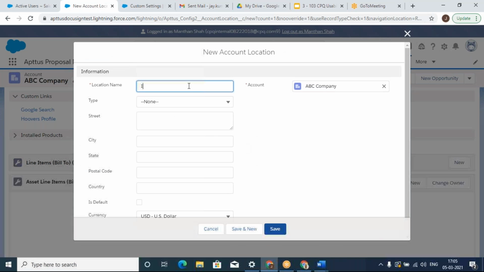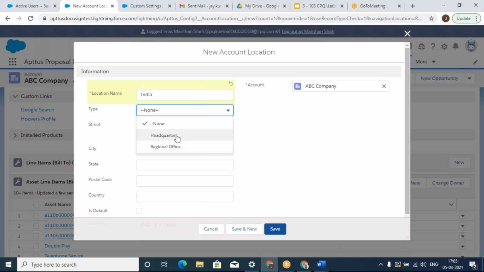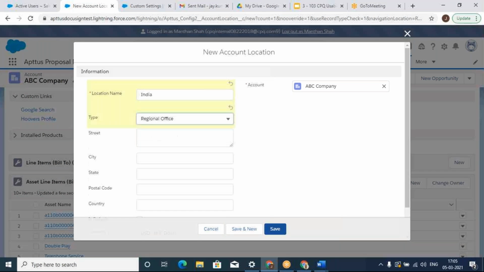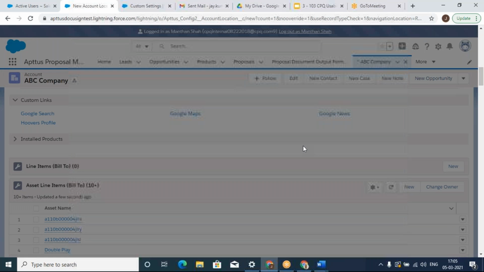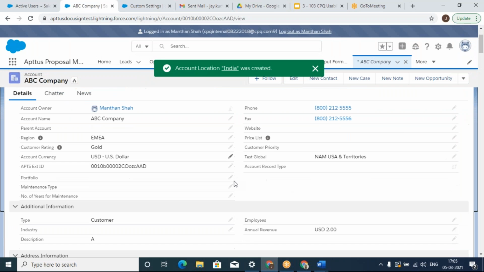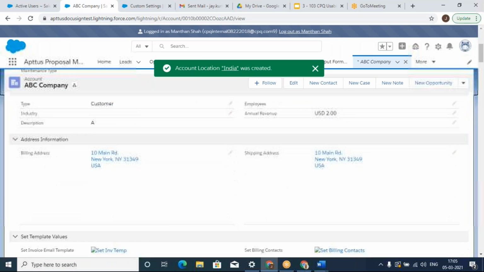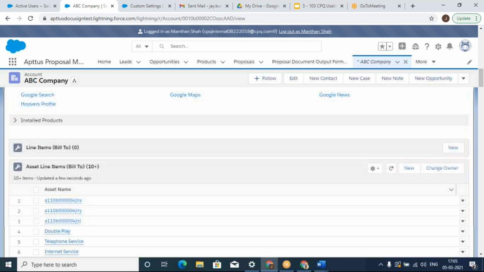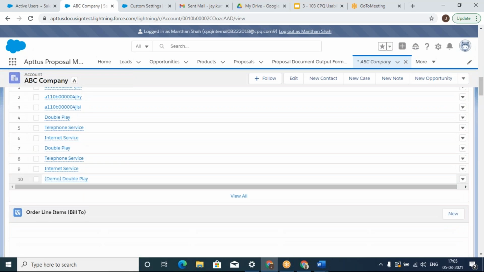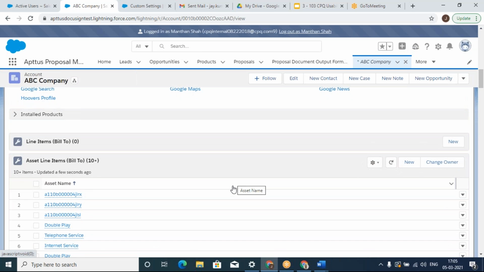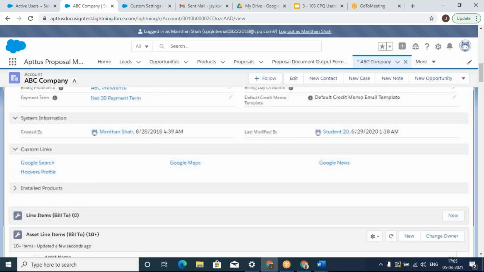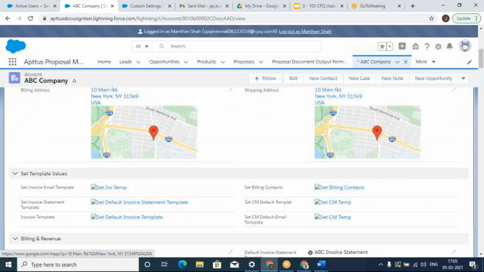I'll create India, and just click on save. Okay, so here I've just created all the locations on the related list of account. So that means now all the proposals that I'll be creating will have all